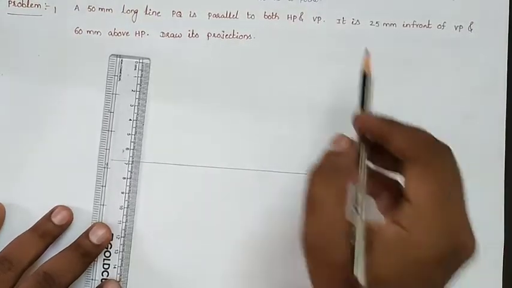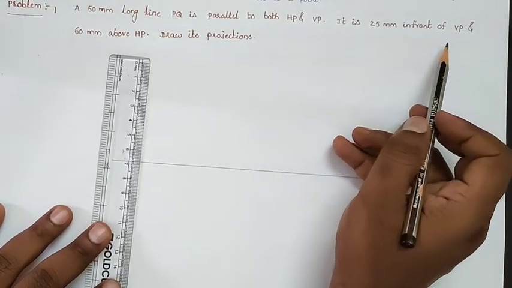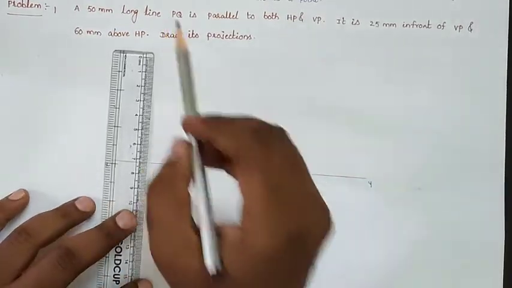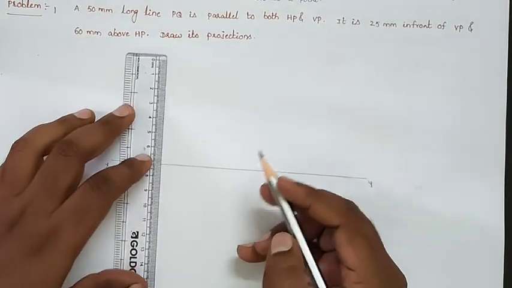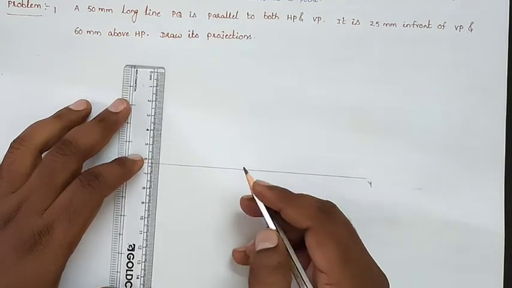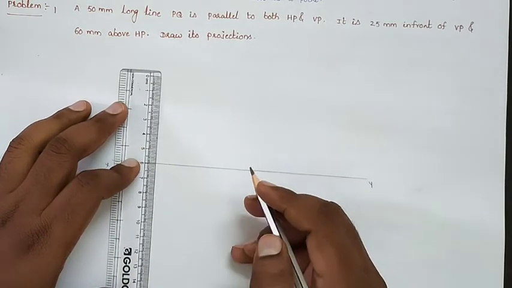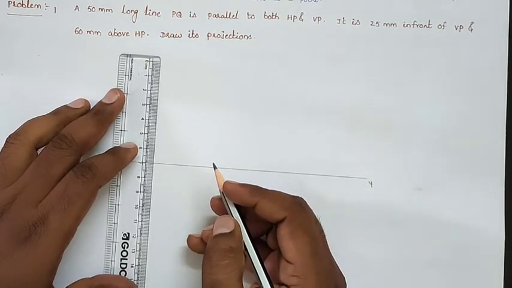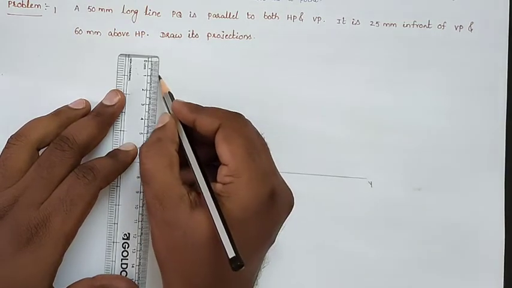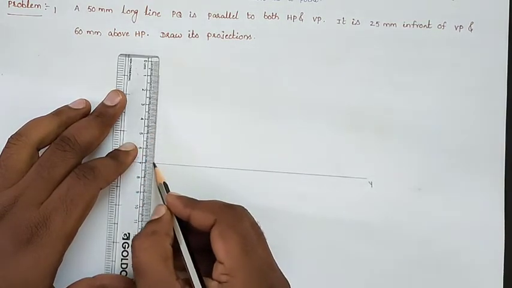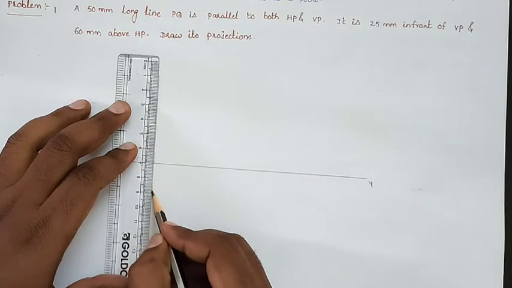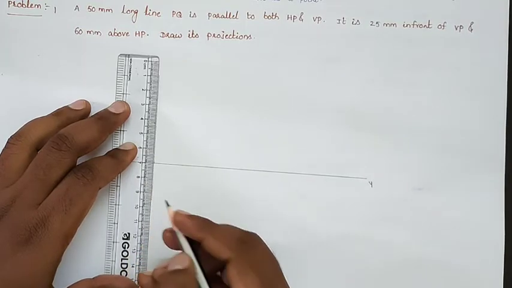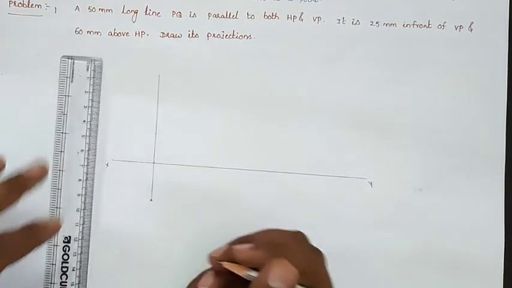Point A is 25 mm in front of the VP. It means the line is 25 mm in front of the VP and 60 mm above HP. So above HP you can take 60 mm, and 25 mm in front we can take 25 mm, and we will draw the end